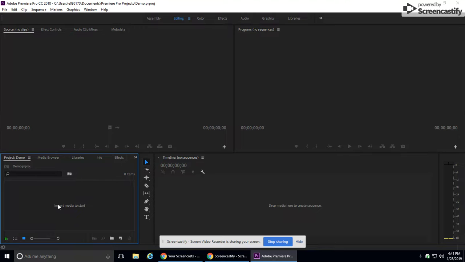So your project window is where all your footage is going to go. So any footage that you want to use in your project or in your movie, it's going to be right here. Your source window, this is where you're going to take the unedited footage and you're going to decide which parts of it you want to keep. And then you have your program window here. This is kind of what your final product will be. So as we build it, your program window, if you click the play button, you can see what your final product is going to look like. And then your timeline window, this is where we put all of the edited clips together to create a movie,